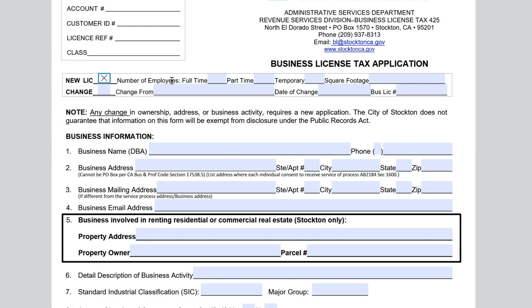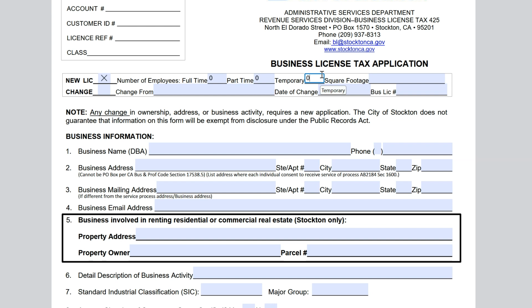Next, you're going to enter in the number of employees that you have or plan to have. Full-time, part-time, temporary. Keep in mind that if you are a sole proprietor or an LLC, you most likely are not going to count yourself as an employee because you are the owner. The only situation where you will count yourself as an employee will be if you own an S Corp and you have officially hired yourself through your state's hiring process, put yourself on payroll, and are paying yourself a salary